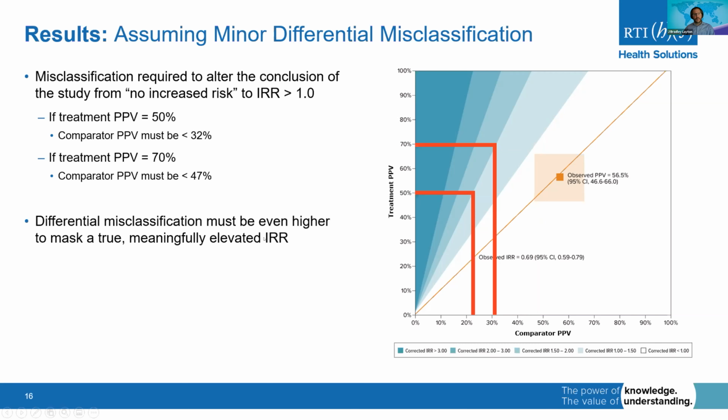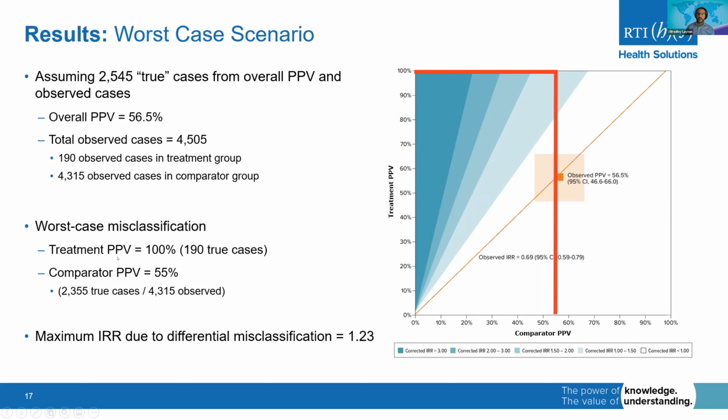If we were more concerned about what level of misclassification would be necessary to mask a truly meaningfully elevated IRR estimate, here for illustrative purposes being an IRR value of at least 1.5, the difference between the treatment and comparator group PPV values would need to be even higher, somewhere between 30 and 40%. Now, these levels of misclassification certainly may be possible in some scenarios. However, we were led to ask if these combinations of PPV values were even possible given our observed overall PPV